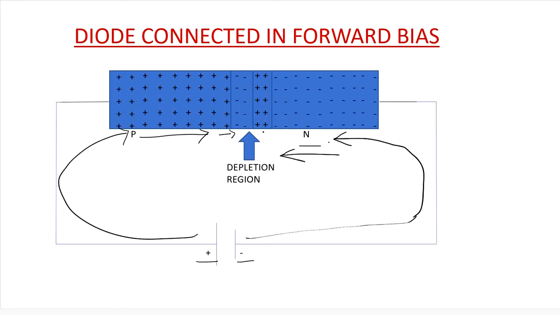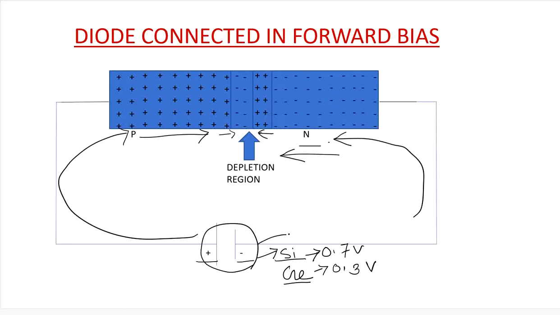Because of this, the length of the depletion region starts decreasing, and at a certain level of voltage, for silicon which is 0.7 volt and for germanium that level of voltage is 0.3 volt. The silicon and the germanium are the two different types of materials which we generally use to make the semiconductors. If we apply a voltage which is more than either 0.7 volt for silicon or 0.3 volt for germanium, then at this level of voltage, the depletion region